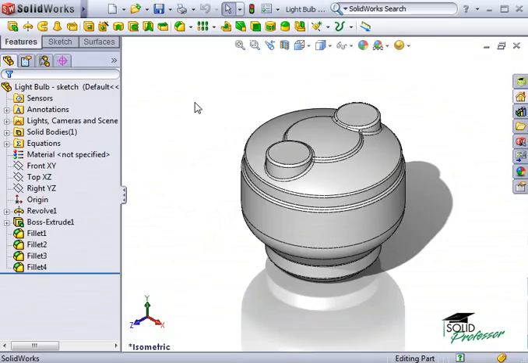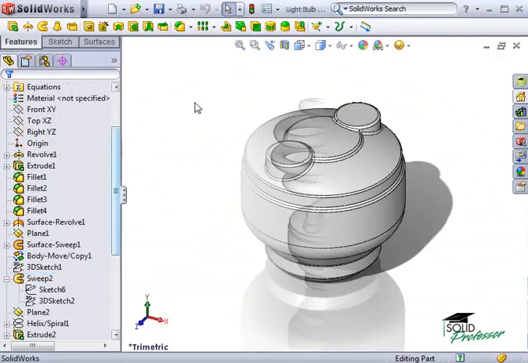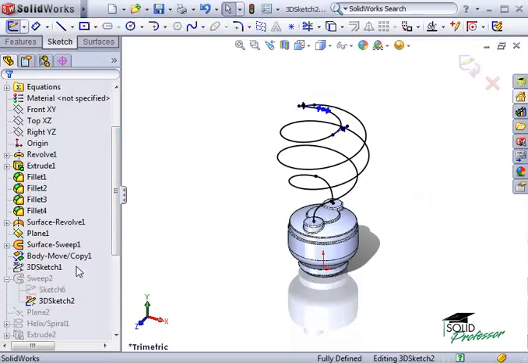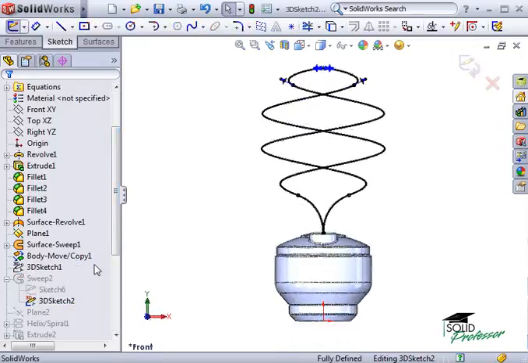The next feature I need to tackle to build this model is the fluorescent bulb. The bulb is created with a single sweep of a simple circle for the profile and a complex 3D sketch spline in 5 sections used as the path. If we take a closer look at the path, it's made up of splines made in 3 different ways: